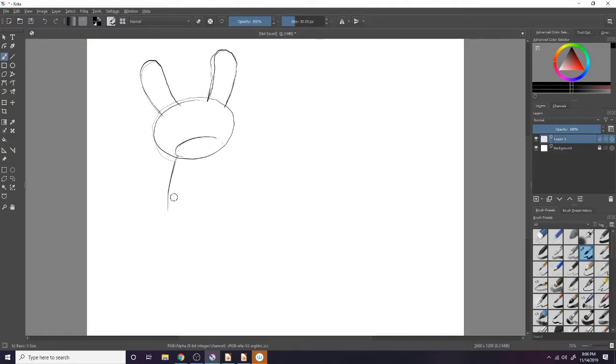And coming off of that mouth are these legs that form the body. It's hard for me to get that angle. All right, this is going to take some time. This is a little longer drawing.